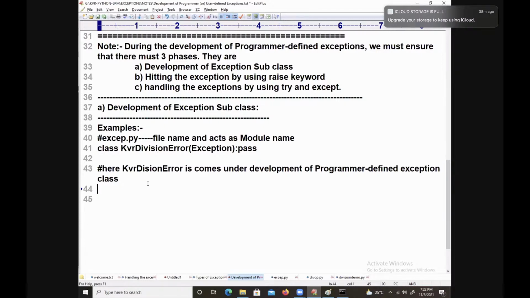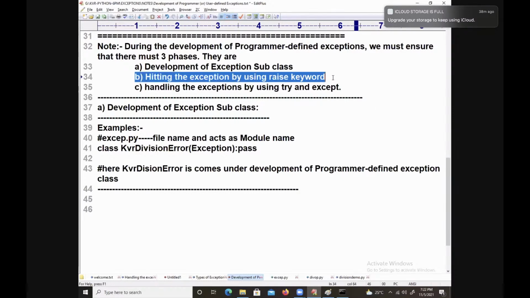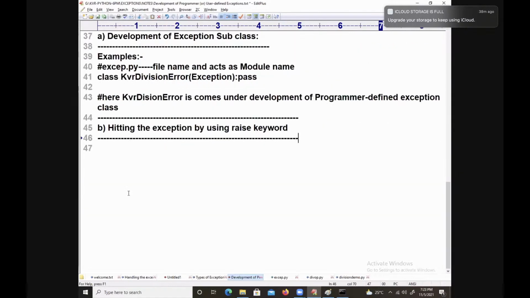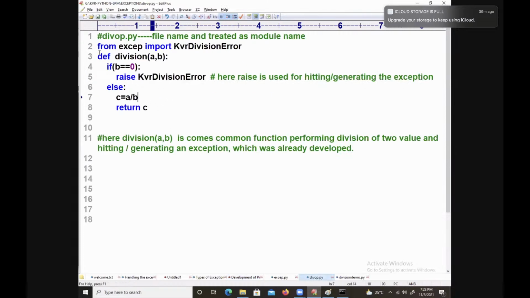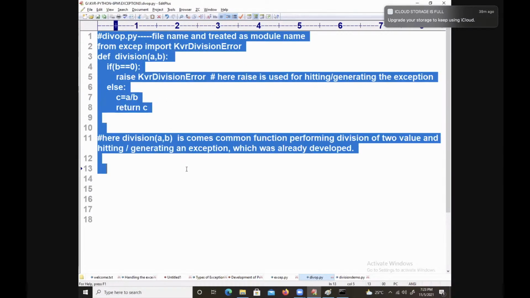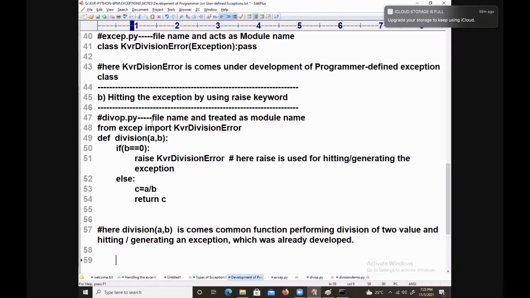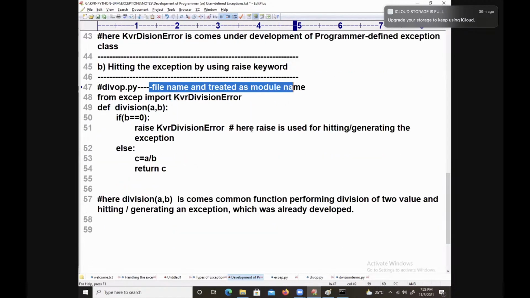Next part is the B point: hitting the exception by using the raise keyword. This part I will use. Coming back to the point, the file name is treated as a module name.